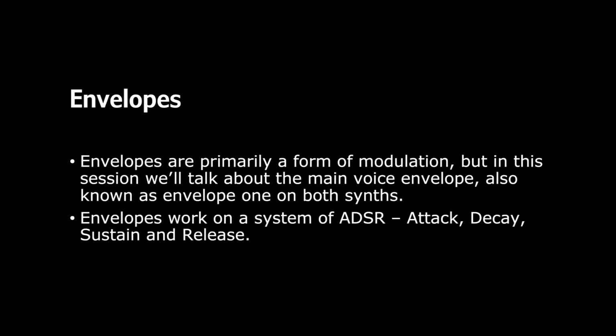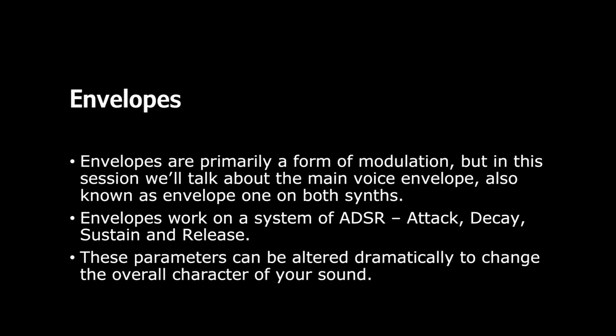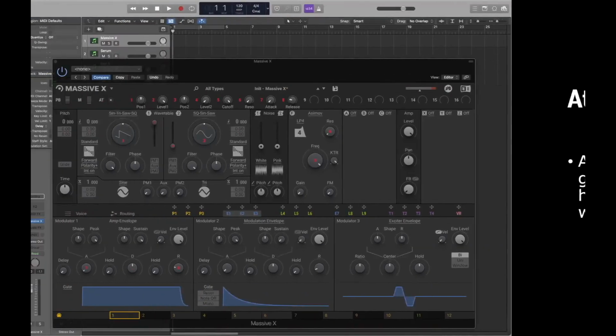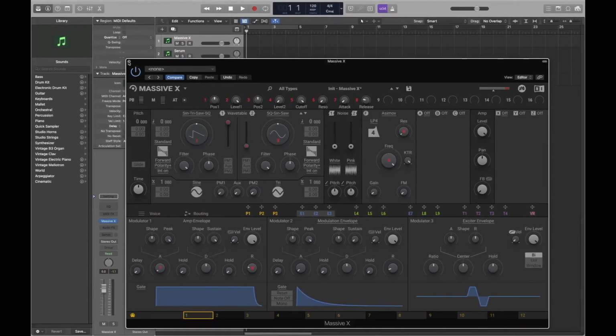So envelopes work on a system of ADSR, which is attack, decay, sustain, and release. This is the fundamental way an envelope reads the data. These parameters can be altered dramatically to change the overall character of your sound. So attack describes how quickly it takes for your sound to go from zero noise to peak loudness. A long attack will have a long fade in type sound, whereas a short attack will be very punchy and snappy. So if we go over here to Serum,